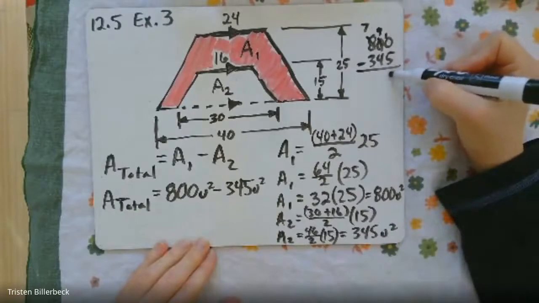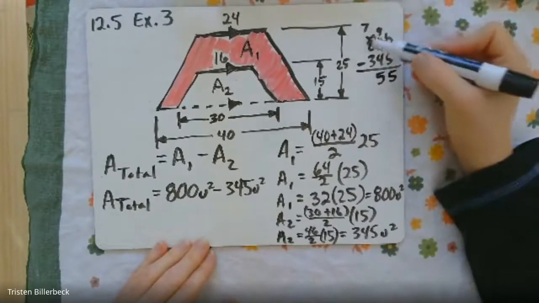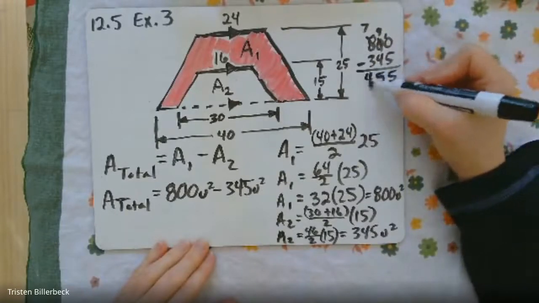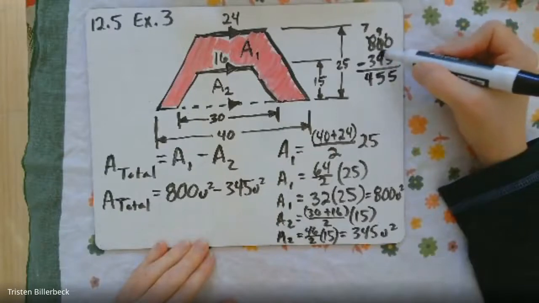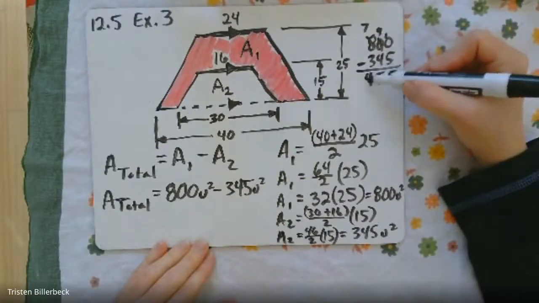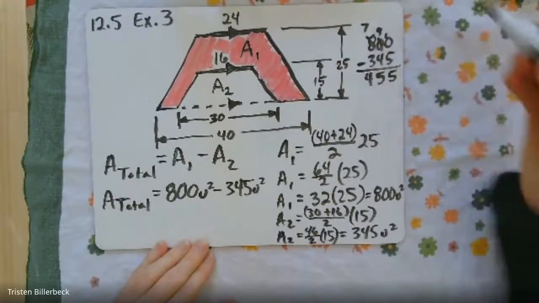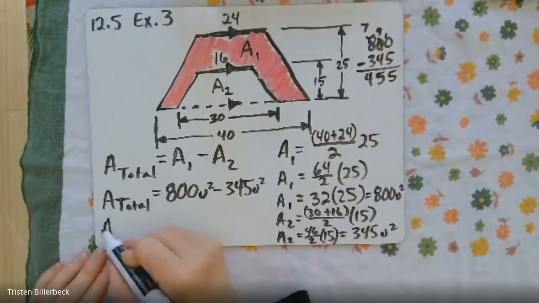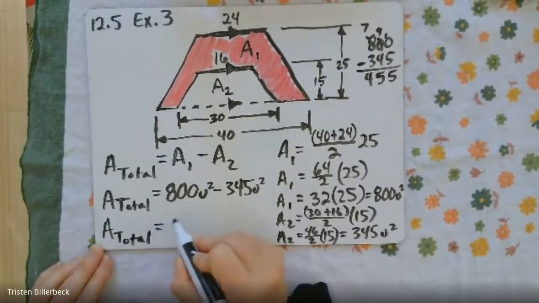So 10 minus 5 is 5, 9 minus 4 is 5, and 7 minus 3 is 4. And we can quickly check. 5 plus 5 is 10. Carry 1. 1 plus 4 is 5. 5 plus 5 is 10. Carry 1. 4 plus 3 plus 1 is 8. So there we go. So A total equals